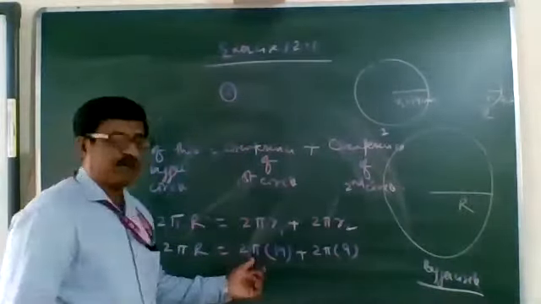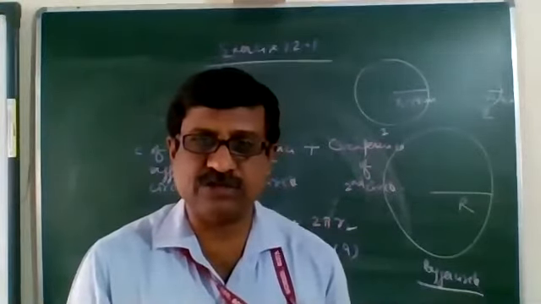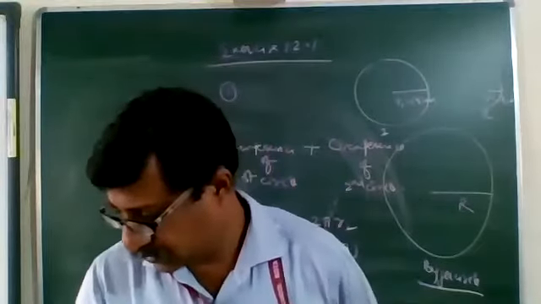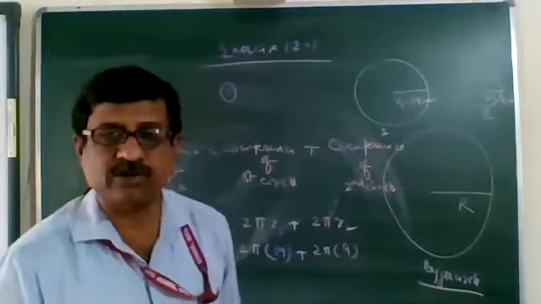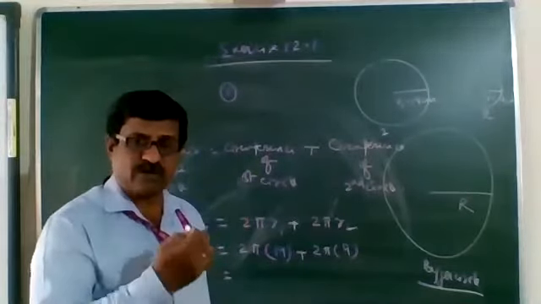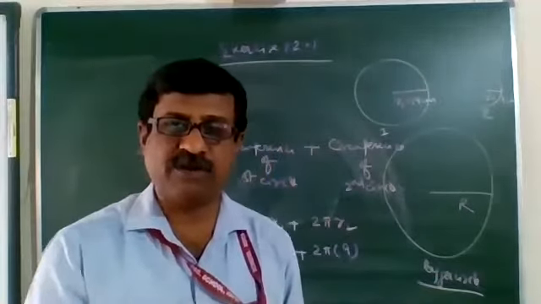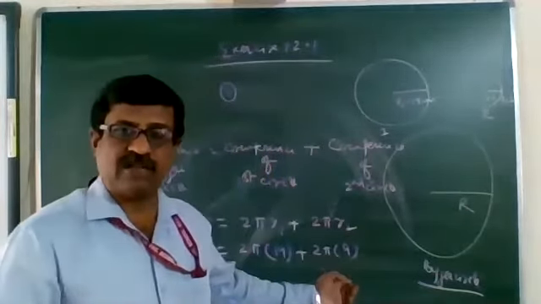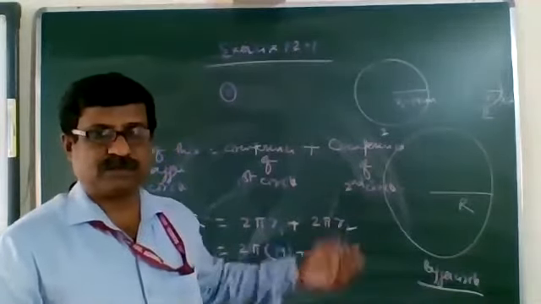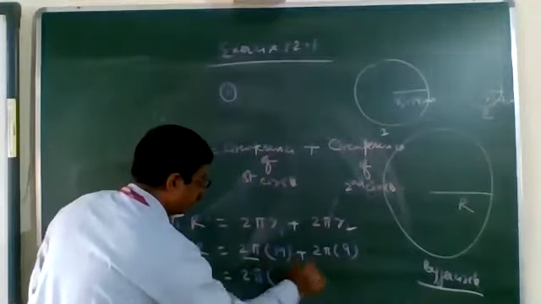Now we don't have to put the value of pi. Unless it is mentioned otherwise, you always have to take pi equal to 22/7. But then even we will not put the value of pi because we are going to take pi common and cancel it from both the sides. It will not be of any use to us. If we put the value of 22/7 as pi, then the procedure will be a little bit lengthy. Therefore, we avoid that. 2 pi we have taken common from these two.